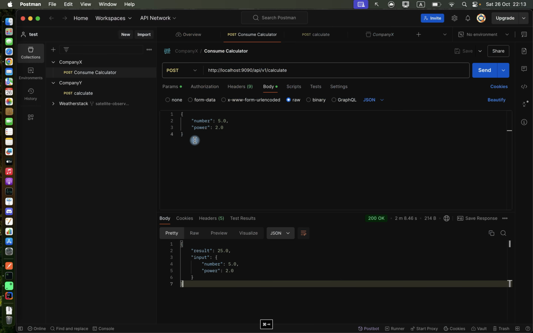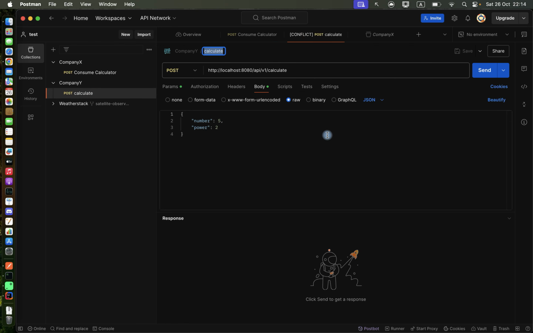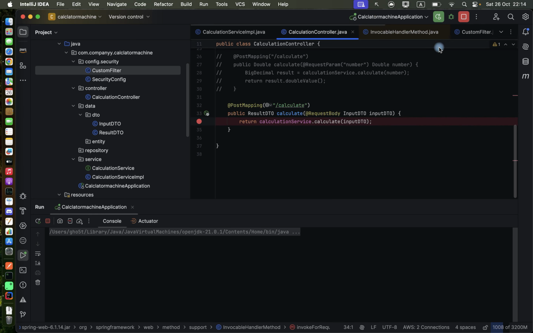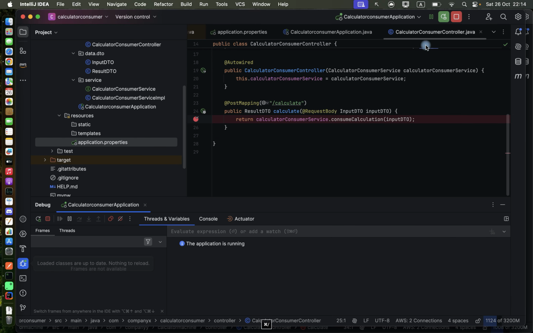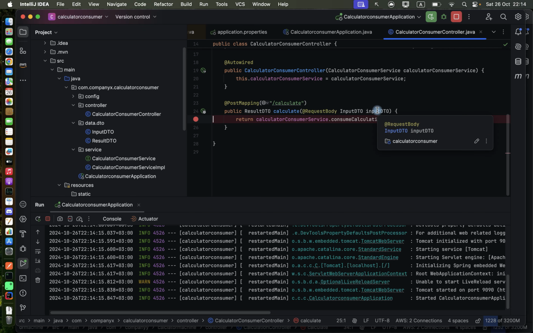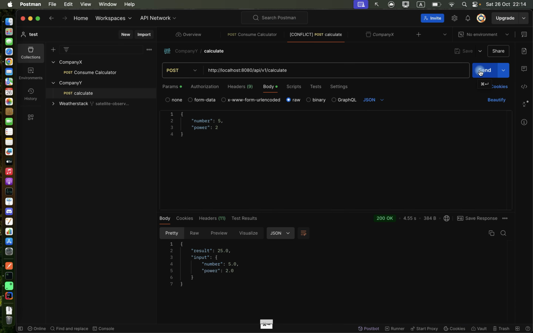What is the difference now from the first time? Let's break it down. We can directly hit company Y software service with some parameters here. All right. Okay, I will leave the debug mode for both of the applications because it's a bit cumbersome. Okay. We can directly hit the application here. We can change the parameters and so on. Okay. But the difference is